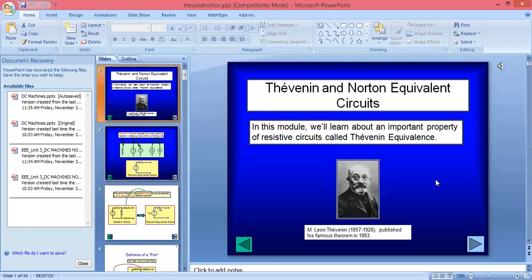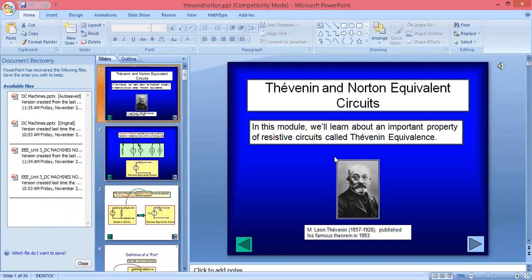So, good morning. In today's session, we have to study the numericals for Thevenin's and Norton's equivalent circuit. Here, if you see, these are the people who discovered the Thevenin and Norton theorems. He has published. In this module, we can learn about the theorem which will convert any linear complicated network into